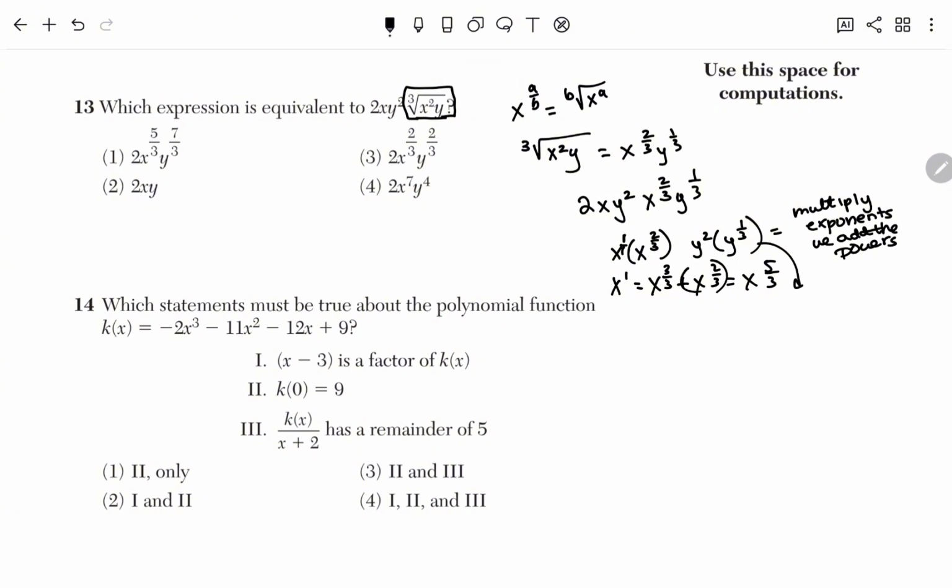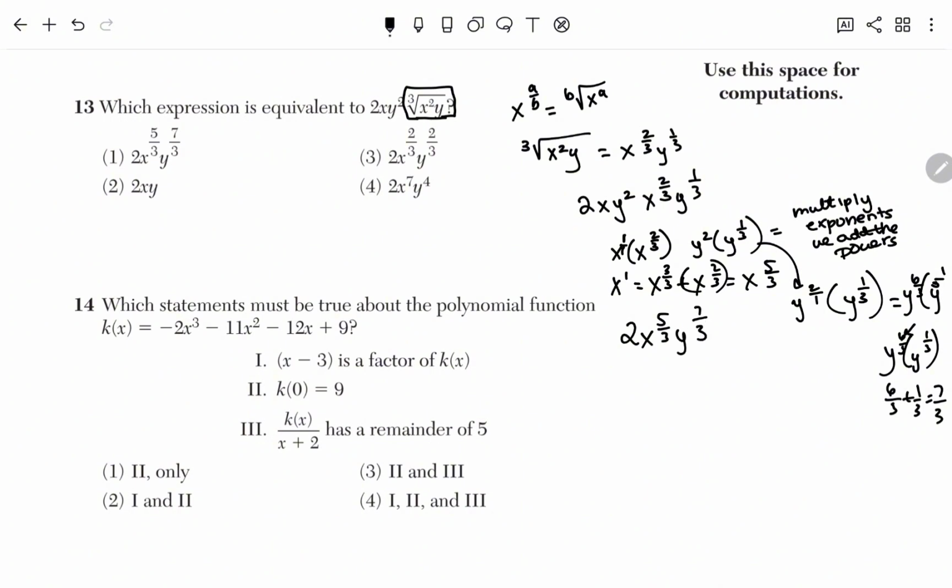For the y squared times y to the 1/3, y squared becomes y to the 6 over 3 times y to the 1/3. So when we add the exponents together, we get 7/3. And so we write this as 2x to the 5/3 y to the 7/3, and that matches answer choice number 1,